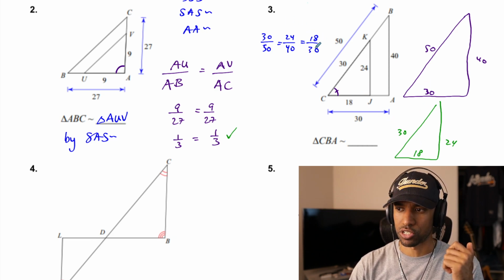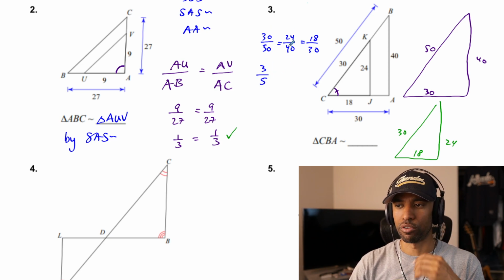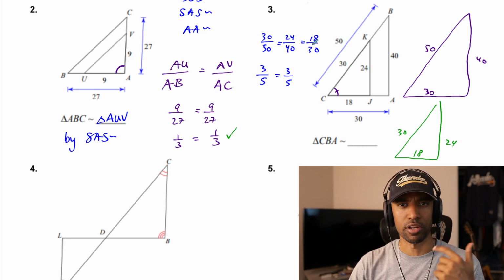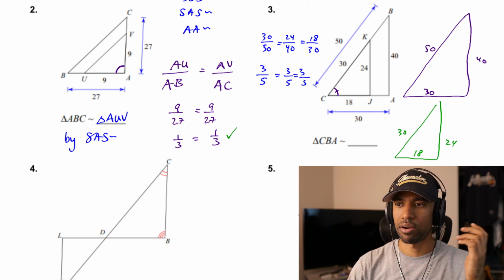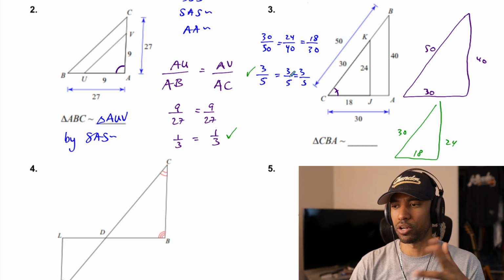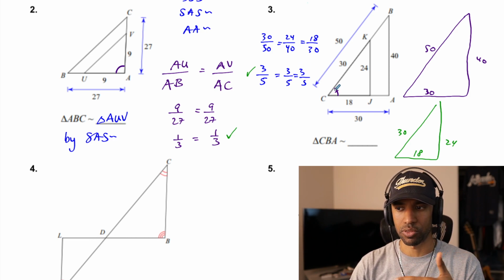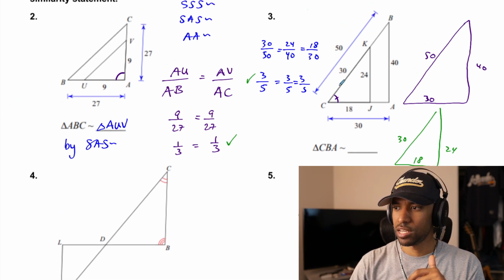Let's reduce these fractions and see what we get. 30 over 50 is 3/5. If I divide 24 and 40 both by 8, I do get 3/5 as well. And 18 divided by 30, if I divide those by 6, I also get 3/5. So all these check out as far as falling in proportion with one another, all three sets of sides. So it looks like by side angle side, if you show that angle C is congruent to itself, that triangle CBA is similar to triangle apparently